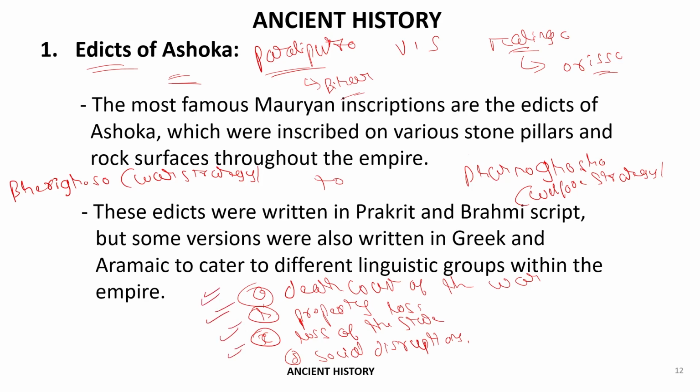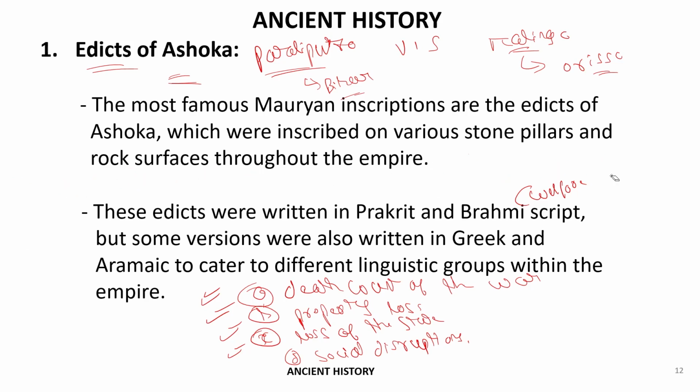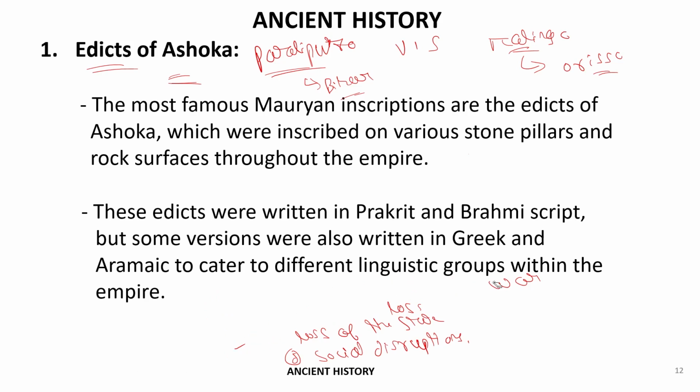Got it? Now the question is, when he wanted to establish peace, he wanted to spread his message around the kingdom. Because the kingdom was too large and there was a large transportation of people and goods throughout the kingdom, he wanted to establish permanent messages on pillars, on walls, on stone, so that the passersby and the people could understand the meaning of his message and follow it.